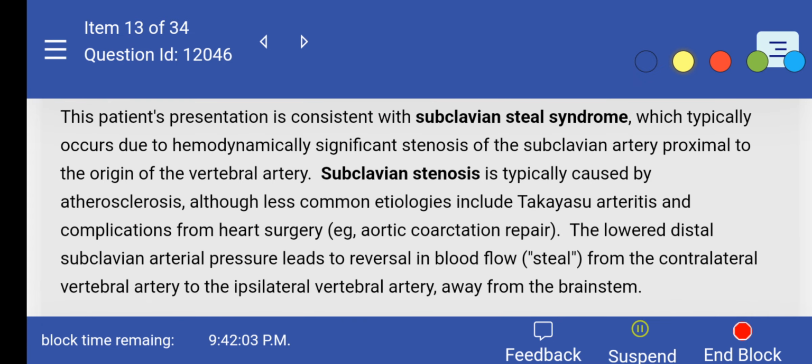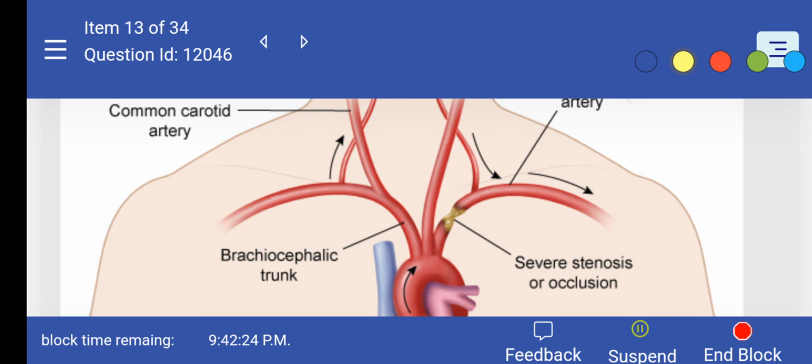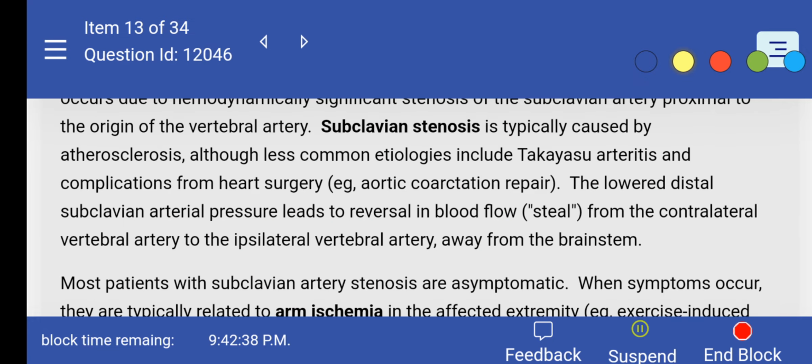This patient presentation is consistent with subclavian steal syndrome, which typically occurs due to hemodynamically significant stenosis of the subclavian artery proximal to the origin of the vertebral artery. This is important: the stenosis will be proximal to the origin of the vertebral artery. Subclavian stenosis is typically caused by atherosclerosis, although less common etiologies include Takayasu arteritis and complications from heart surgery,